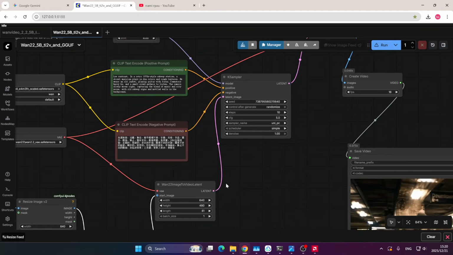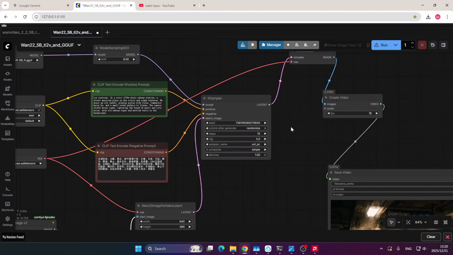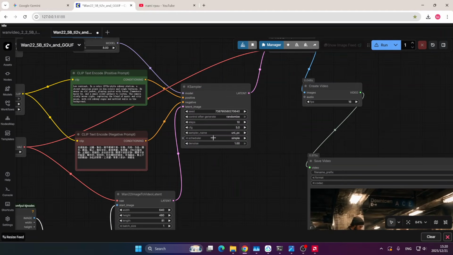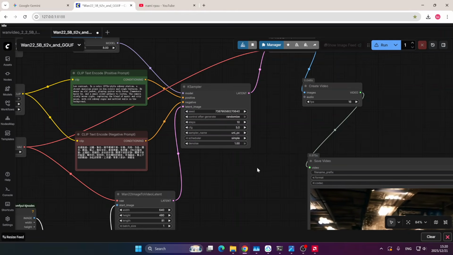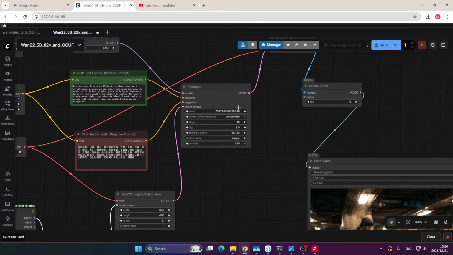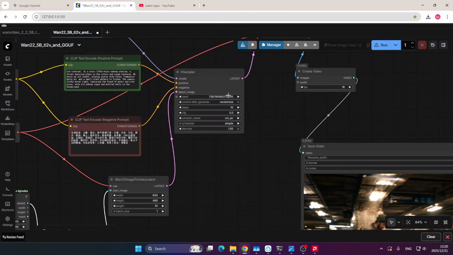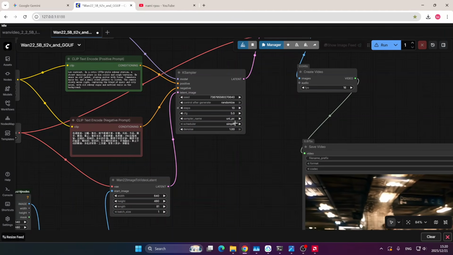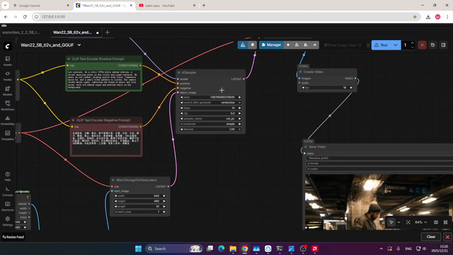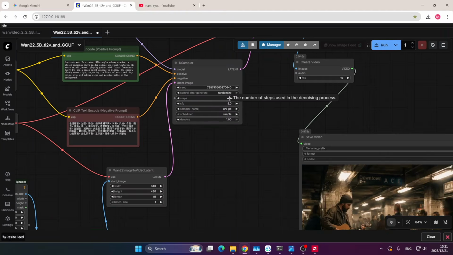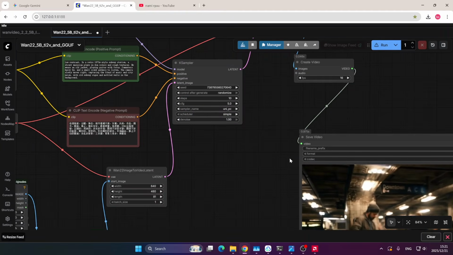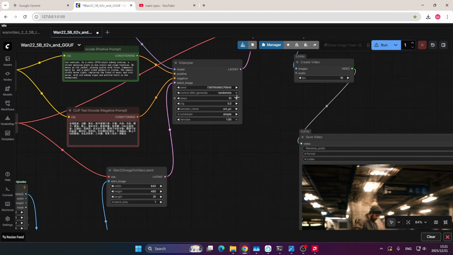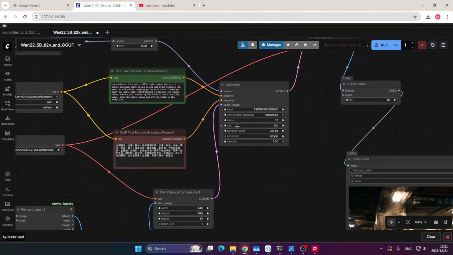And then you should connect latent to this latent image of the key sampler. The key sampler parameters are here. It is actually recommended by the Wan2.2 5B model. And seed, this is a random seed, and you can choose random. Every time you run the workflow, it will randomize the seed, and the steps is 10. And if the generation quality is low, you should add more steps. Here I choose 10, and CFG is used